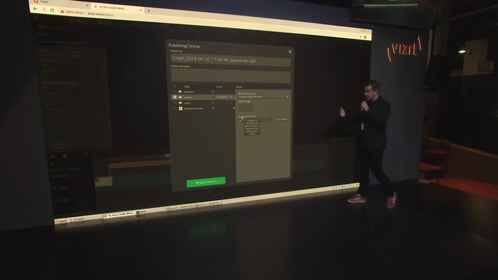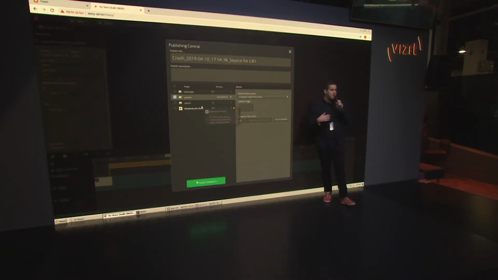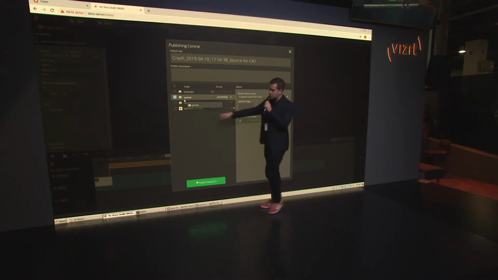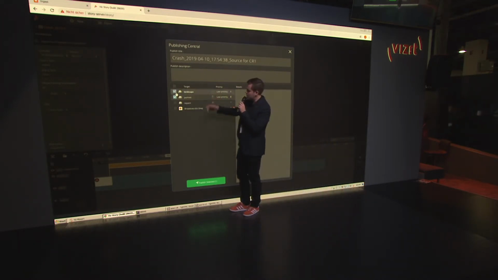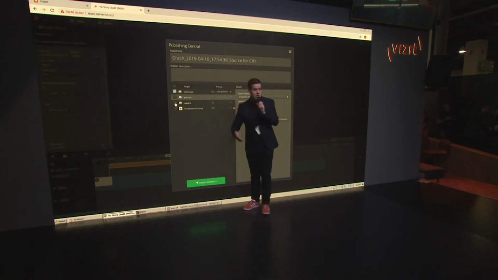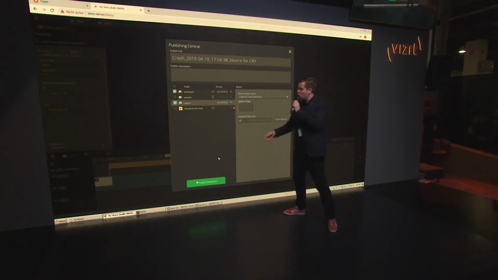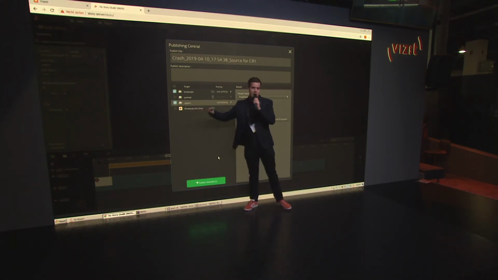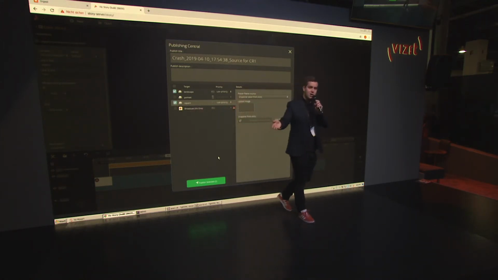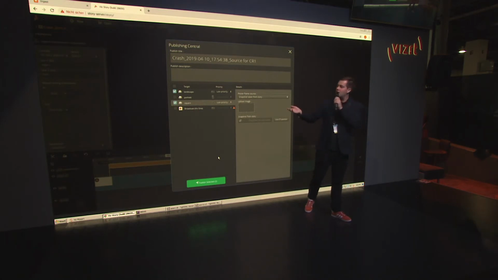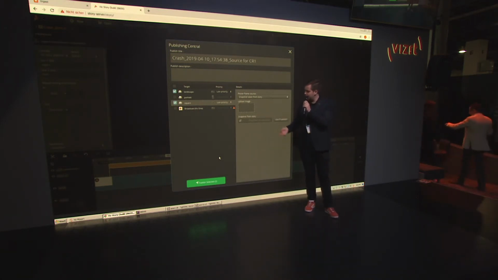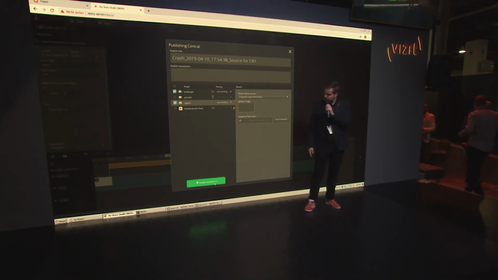All right, so now we're going to publish this, and in a traditional NLE we would have to wait for rendering and creating different versions, but Vizrt does that automatically for us. So that means that I can just tick off whatever format I want, a landscape or a portrait or a square. This is for my custom web page, could also be for social media if I wanted to do that, or back to my broadcast. So here you can see that I can also fire this back into my broadcast, and I can rebroadcast that.